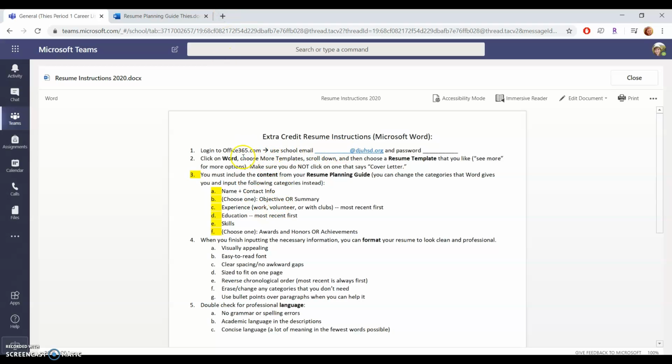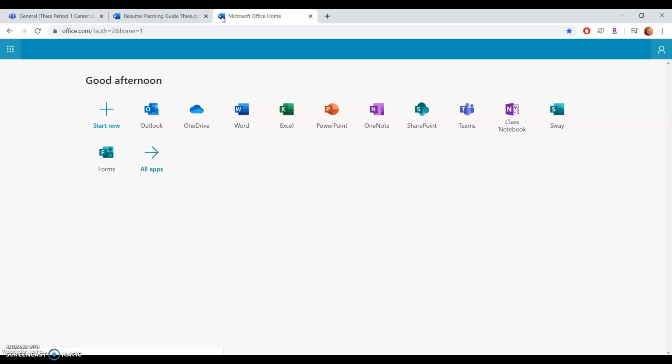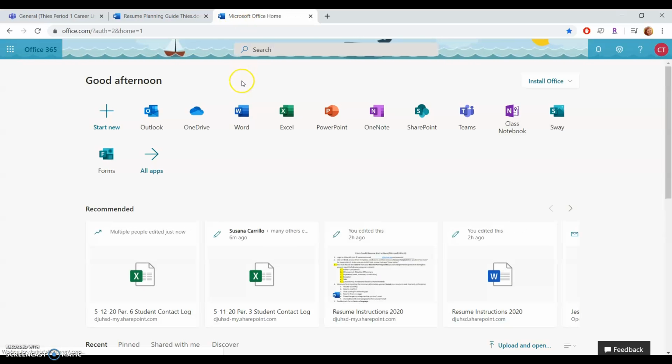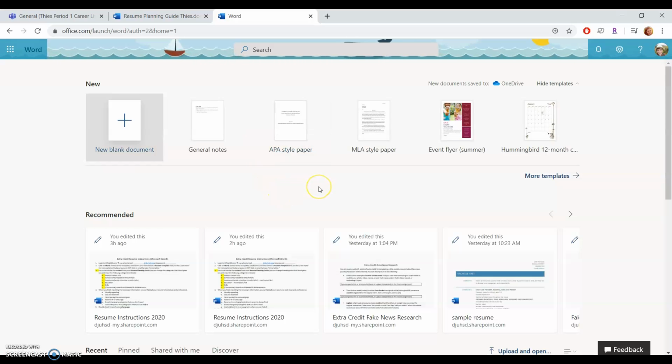how to go from office.com to go to Word, find a resume template, and then put all the content on there. So I'm going to open up a new tab and just go to office.com to the home page, and hopefully you're already logged in. You're going to go to Microsoft Word, and you see that there are several different kinds of things you could open up besides just a blank document. Go to More Templates,